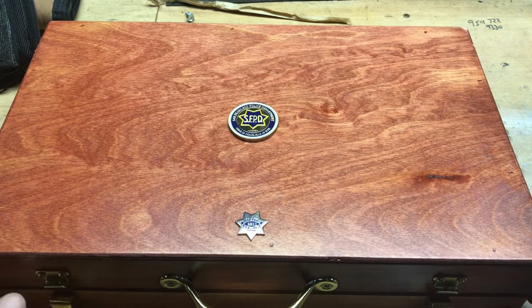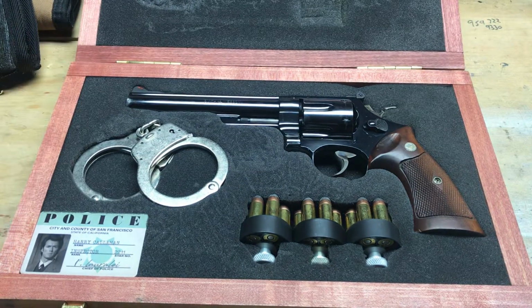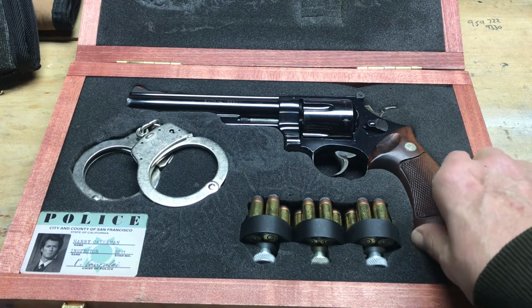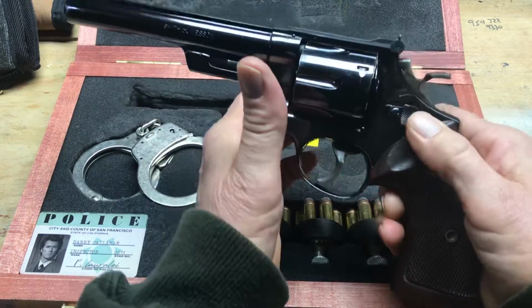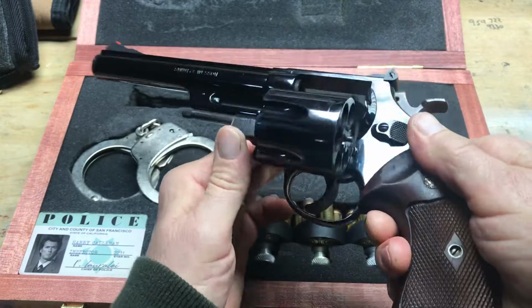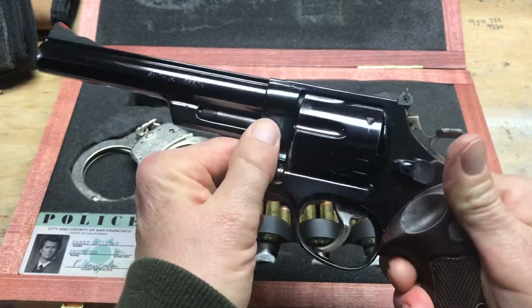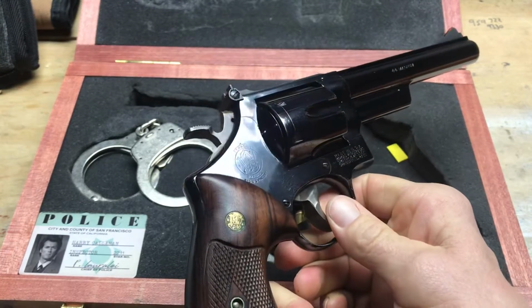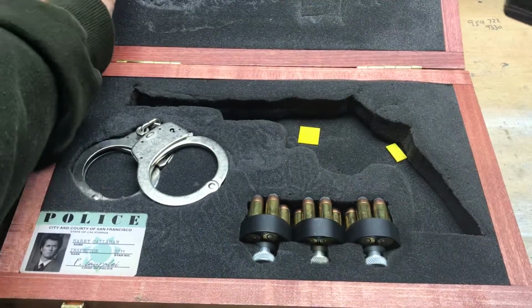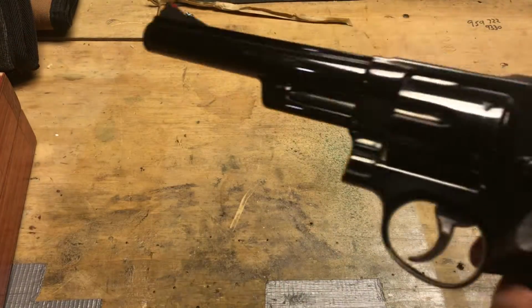It seems it's a constant debate between a Smith & Wesson 29-2 6.5-inch blued, as featured in the Harry Callahan movies, with the beautiful recessed cylinders. That is a Smith & Wesson 29-2 blued. That comes up,